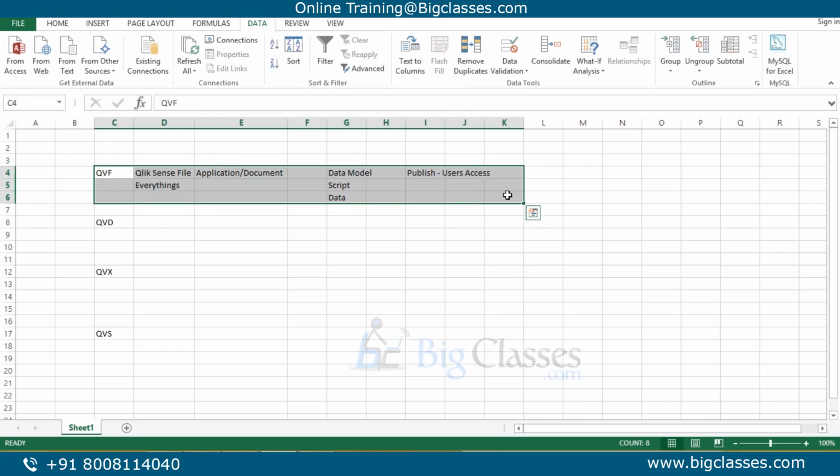Now, the advantage of QlikSense is that it's an app-based model kind of deployment. So you can create multiple QVFs. You can create different QVFs for different